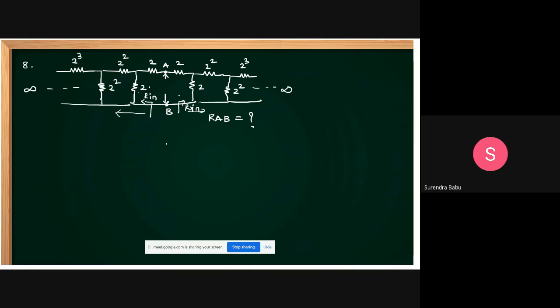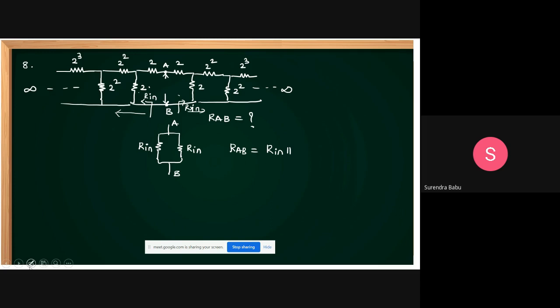So the two Rin are in parallel. This is Rin, I'm giving the idea. Understand or not? Okay, this is Rin. Both are the same, from right to left and left to right. Looking from AB, then what is RAB, sir? What is RAB, students? This is Rin in parallel with Rin.